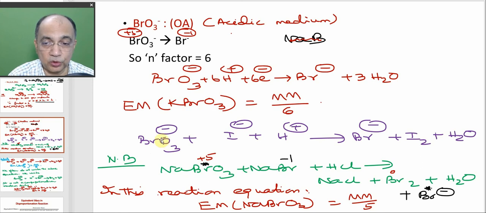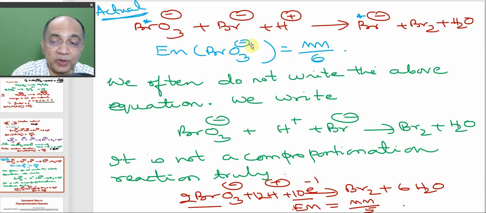But if you take the true reaction, and in any examination you find this representation, where I minus is oxidized to I2, but bromate ion is reduced to Br minus, in that case you have to give a factor 6. But if this is not there, and of course this has to be there if it is iodide ion. If the reductant is not bromide, it is iodide, this has to be there. But this is a special case where you may rub off bromide ion on the right side.